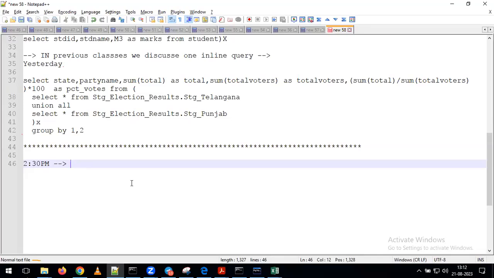Sir, regarding inline subqueries, we can use the subquery in the